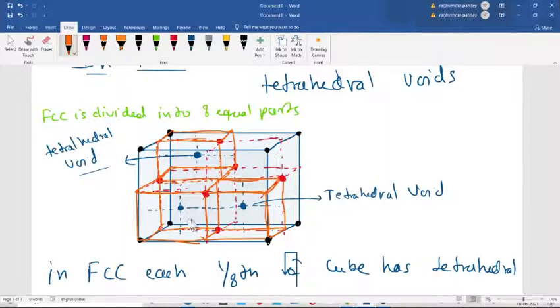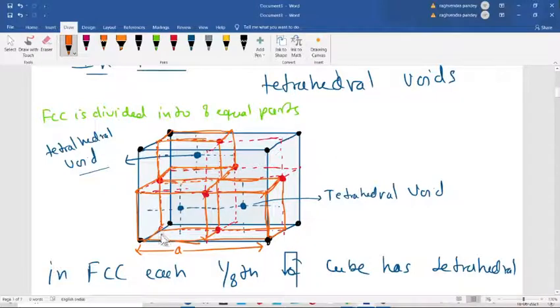Now suppose the edge length is A. Now you see this.